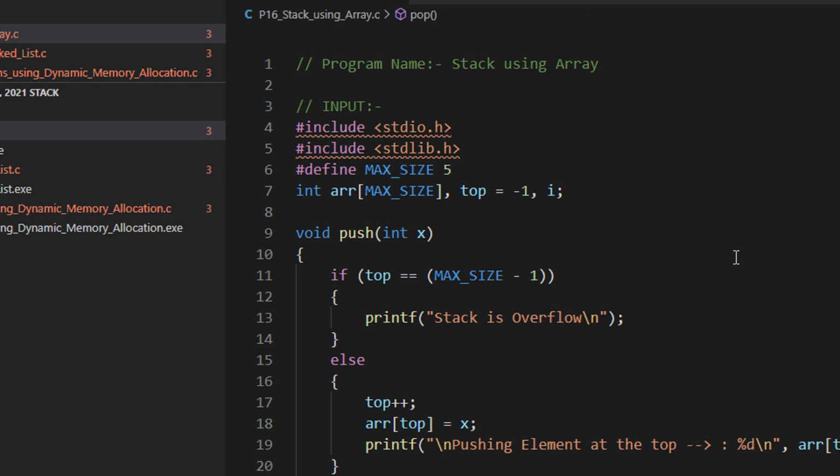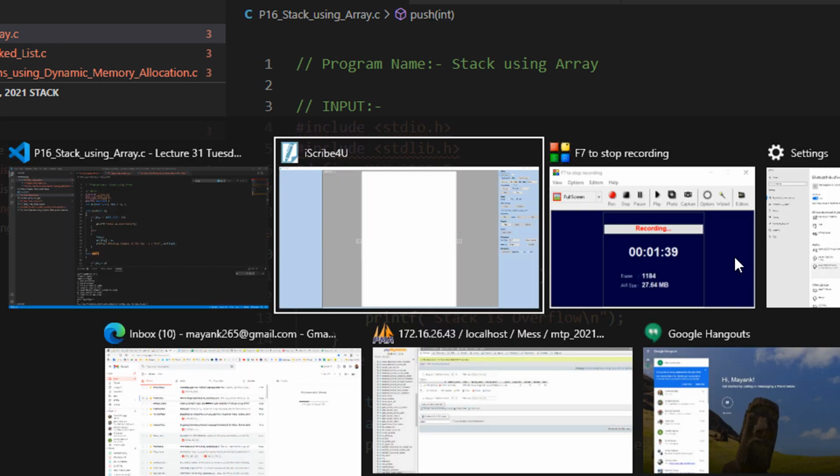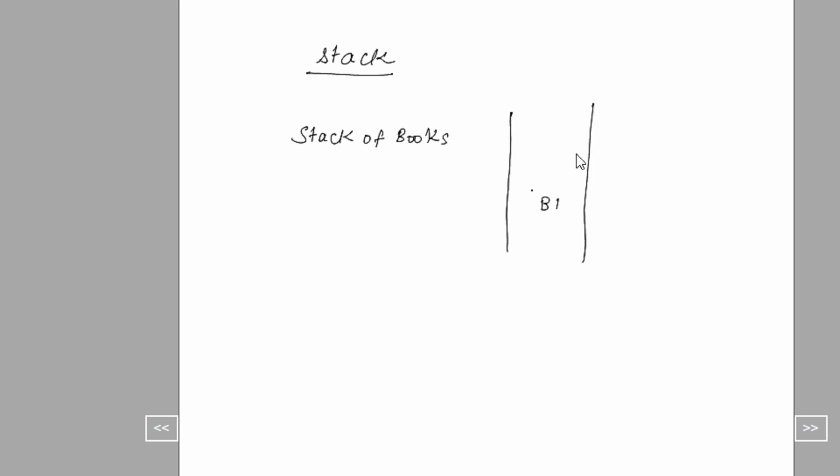Right? So what is stack and why do we actually need stack? So let us come to the drawing board. Stack is something you have already heard of, right? So what are stacks? For example, you have a stack of books. Let's say this is your shelf. This is book one, book two, book three, book four. All your HC Vermas and everything that you all study is here. So we refer to this as a stack of books.